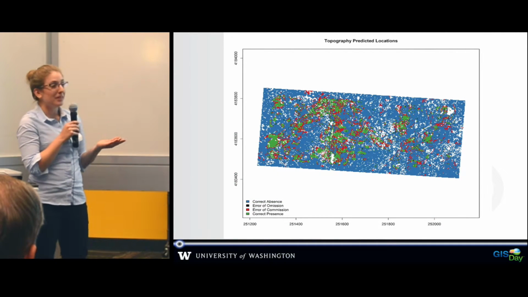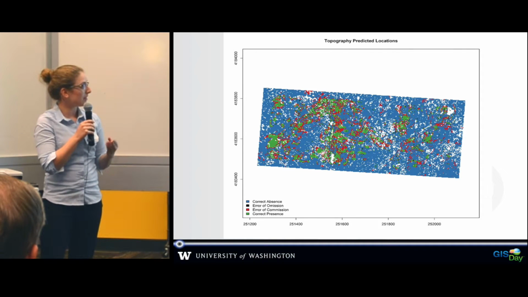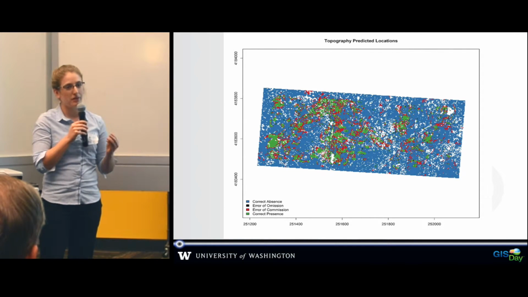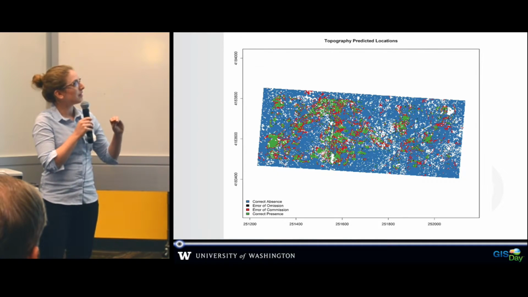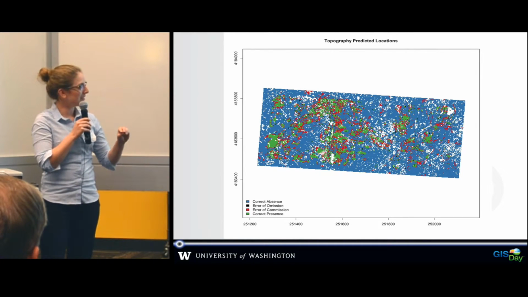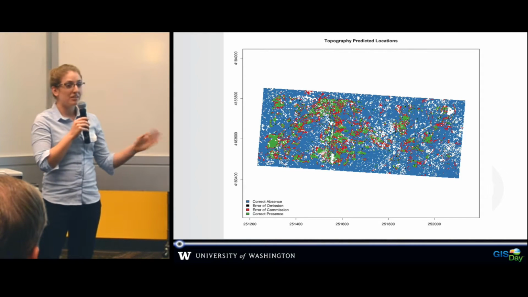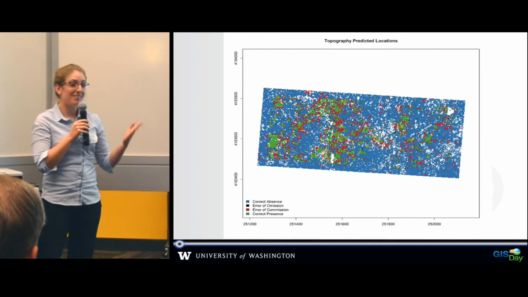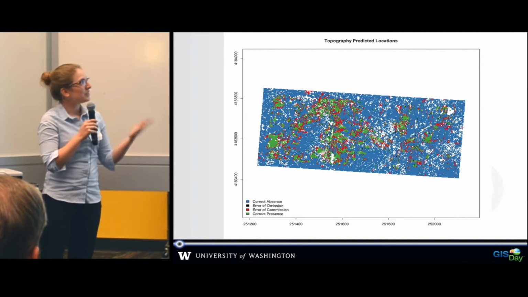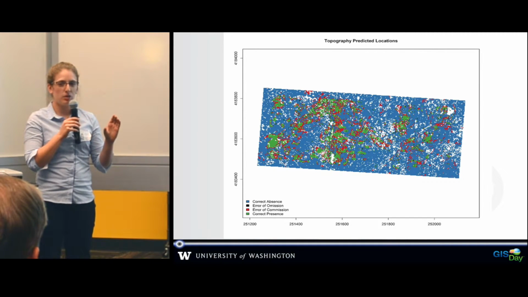And so here's the output. Essentially, what you see here is the blue are the places where the model correctly predicted that a shrub was absent. The black is where the model did not predict that there was a shrub there, but there actually was. And the red is where it overpredicted, so it said that a shrub was there, but it actually wasn't. And the green is the correct predictions. So with topography, it did really great. It just kind of overpredicted a little bit, kind of added a little buffer there.